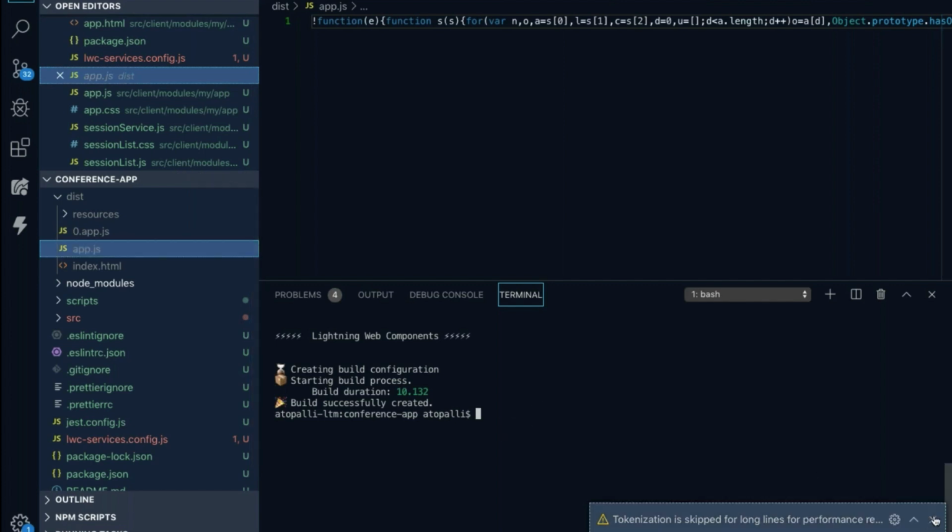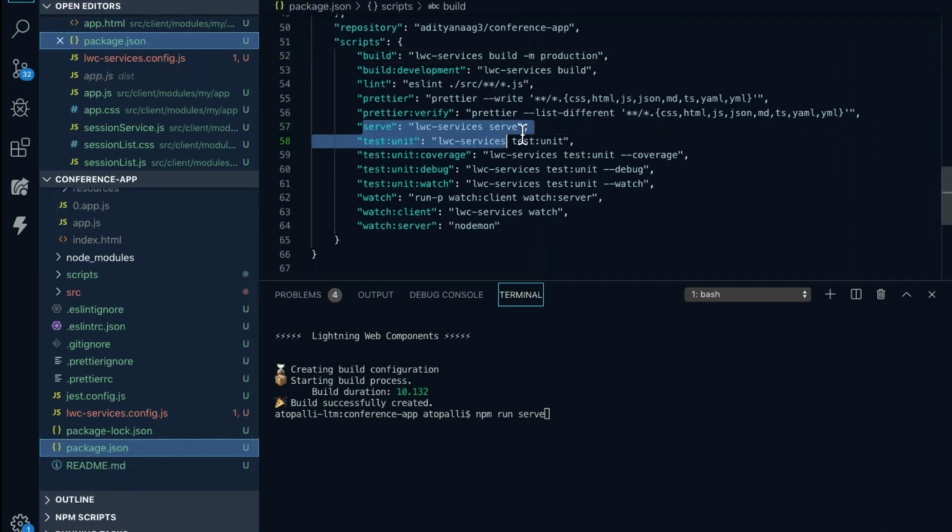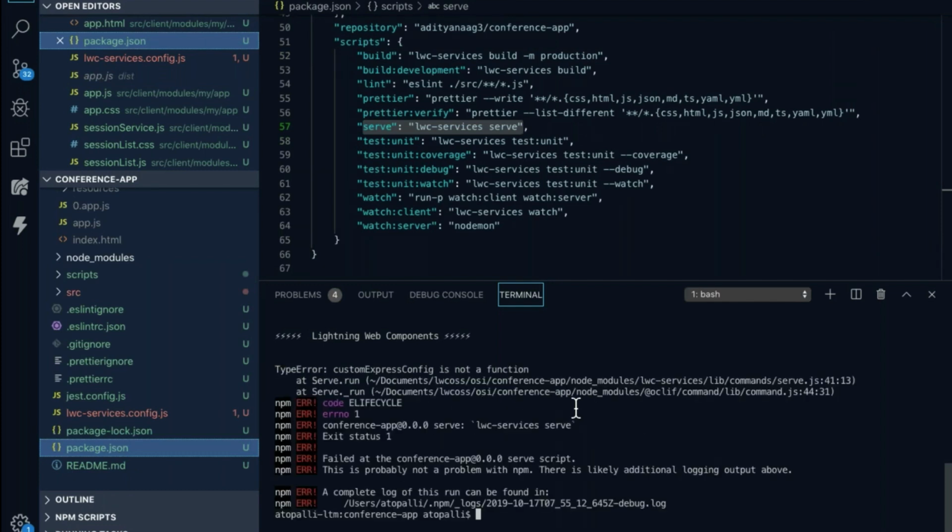Now once my build is done, how do I execute a build pack? For that, I use another command called npm run serve, again a part of your package.json. Serve is typically used to run the production build environment. When I do this, it creates another port, 3002. If you remember from the initial configuration, the dev server runs on 3001. The actual server runs on